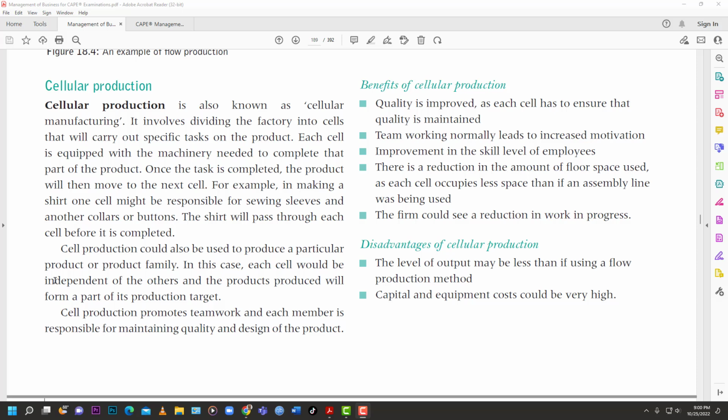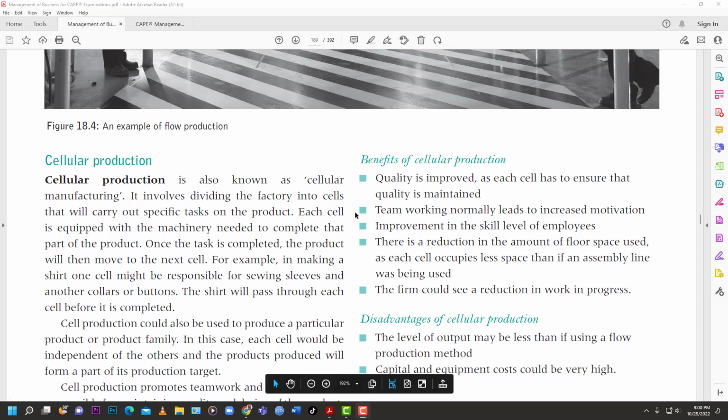Cell production could also be used to produce particular products or a product family. In this case, each cell would be dependent on the other to produce products or part of the target production or the types of products, right? So cell production promotes teamwork, and each member is responsible for maintaining quality and design of the product. Benefits of cellular production: